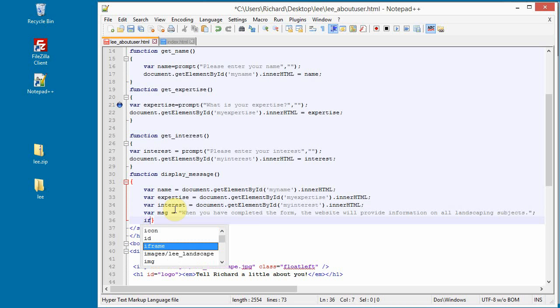So if name is greater than nothing, and expertise is greater than nothing, and interest is greater than nothing, then